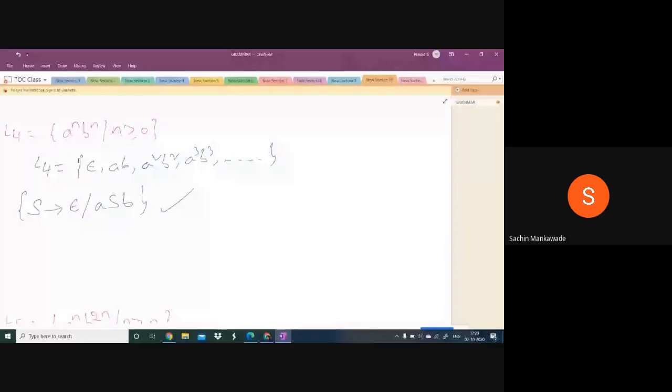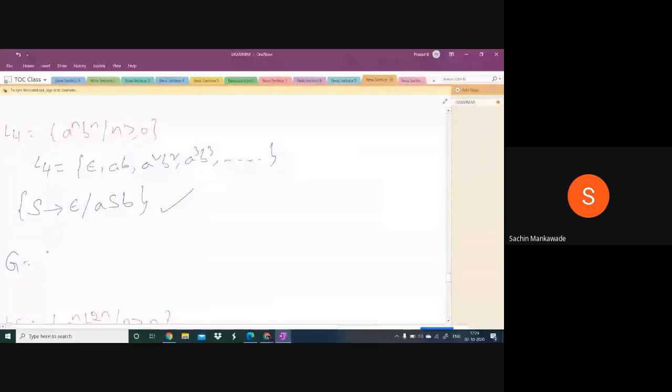So here I am not writing. Okay, let me write this complete grammar. S is the non-terminal. A and B are the terminals. And the productions are S derives aSb and epsilon. And S is the start symbol. Okay. Now for this,